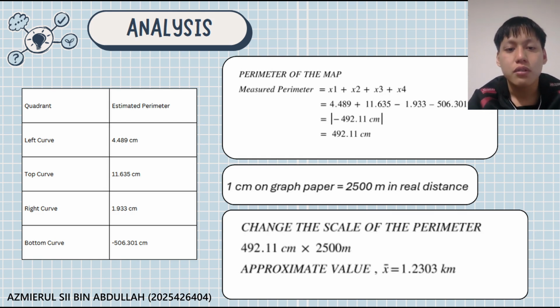Next, we change the perimeter using the scale of 1 cm on the graph paper to 2500 meters in real distance and get an approximate value of